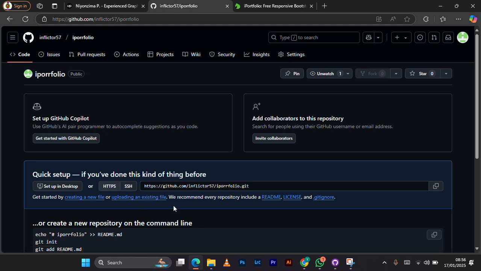The reason why we are doing this is we are going to upload our files here. GitHub will become the hosting for these files, and then we shall use another app to make a subdomain, so that the subdomain can get files from here even if our computer is offline. So we're going to upload an existing file,